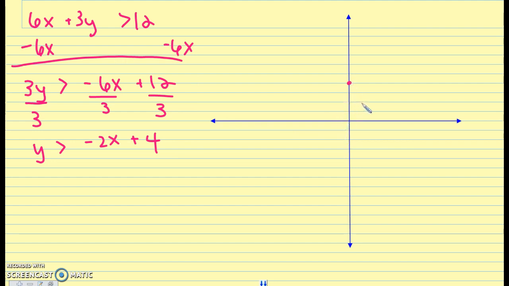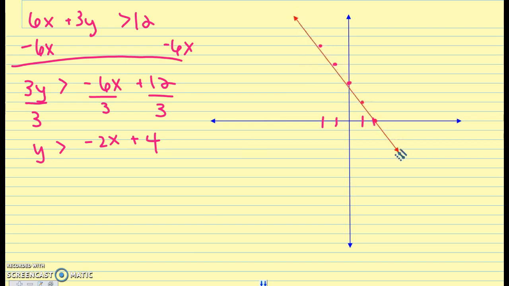So I'm going to go down to right 1, down to right 1, or I could go up to left 1. That's still negative direction. Okay, and I'm going to draw a line to connect all my points, of course,